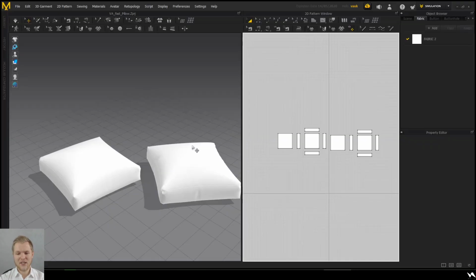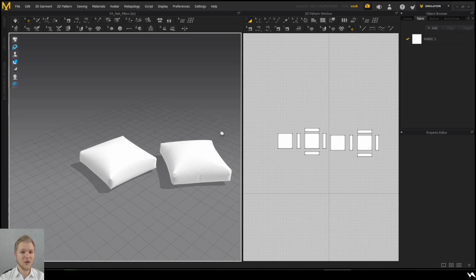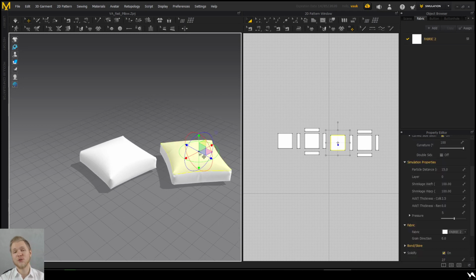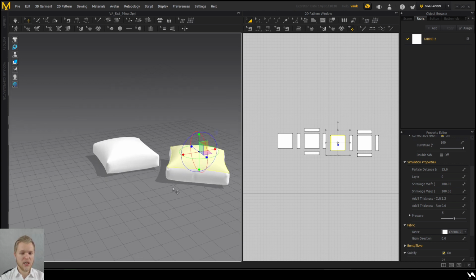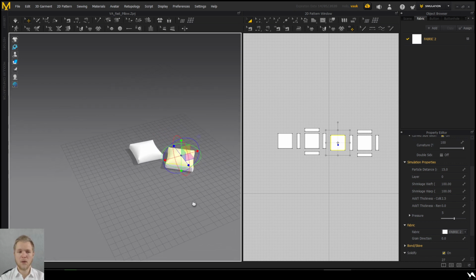So let's move back to our Marvelous Designer for now. I know that I told you that we're going to use solely 3ds Max, but pillows, honestly, I usually download them or just repurpose them from previous packages, previous models, because simulating them for all of your sofas is a little bit silly. We can readjust them at any time,